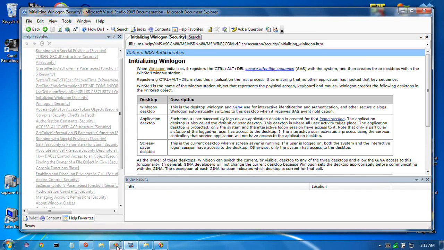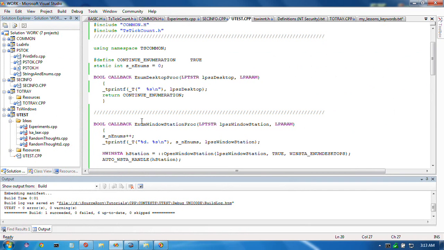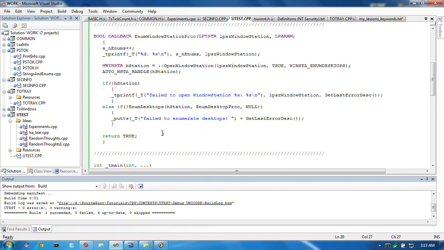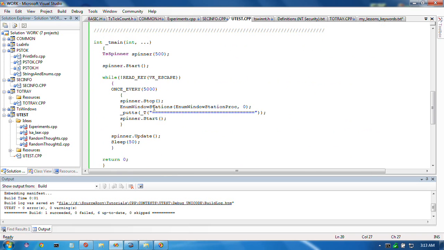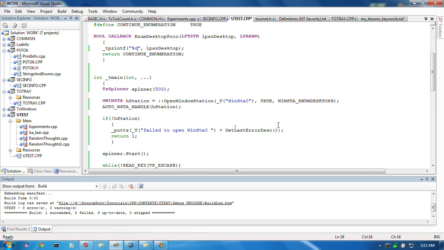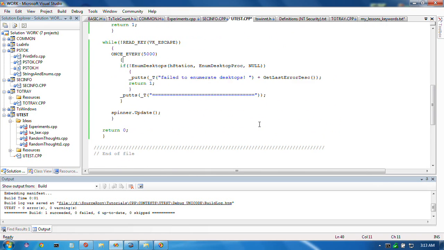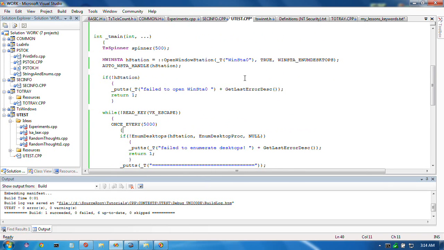So I wrote a program, the famous U-test, which called a function called new desktop. If I Ctrl-Z enough, I can show you the original I had. Okay, so open Windows Station 0. And now when I call the new desktops, I only got